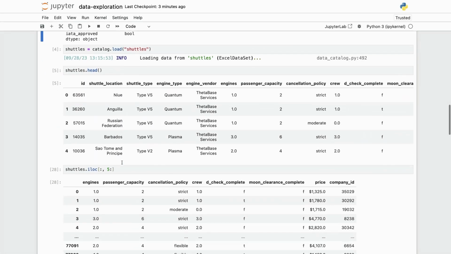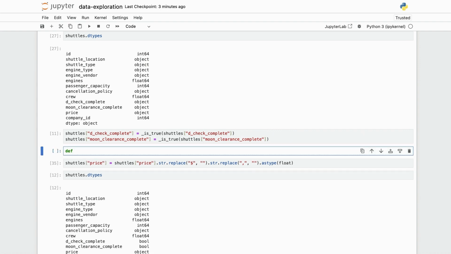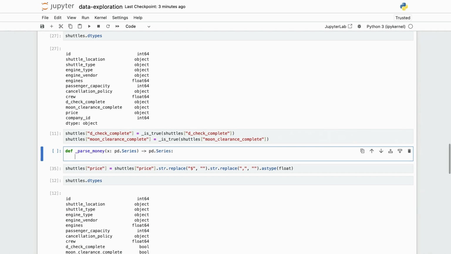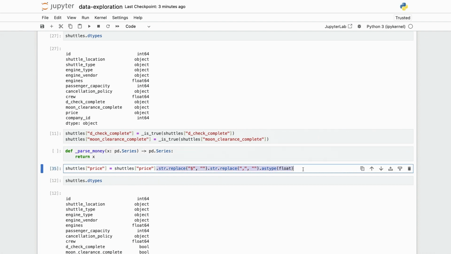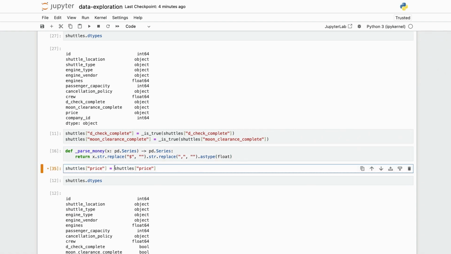Let me go back to my shuttles. I was doing some parsing on the price column to extract the numerical value of the money. So I'm going to create another function called parse_money, that again receives another pandas Series and returns a different pandas Series. And again, what I'm going to do here is reuse these operations that I already have here and run them through this column that I'm passing to the function. So now I define this, I run parse_money,